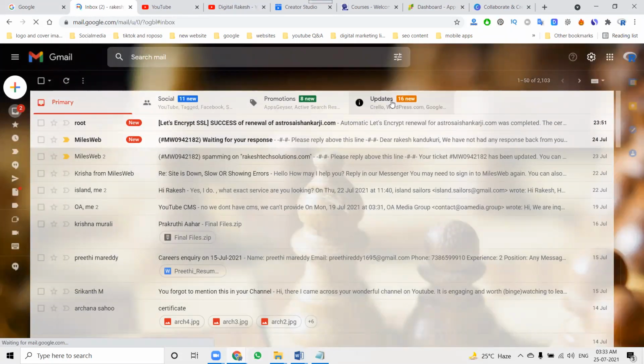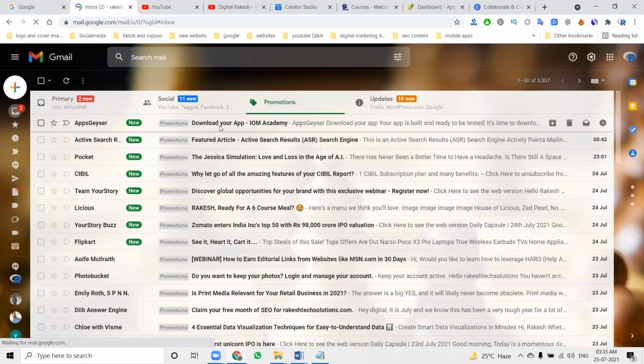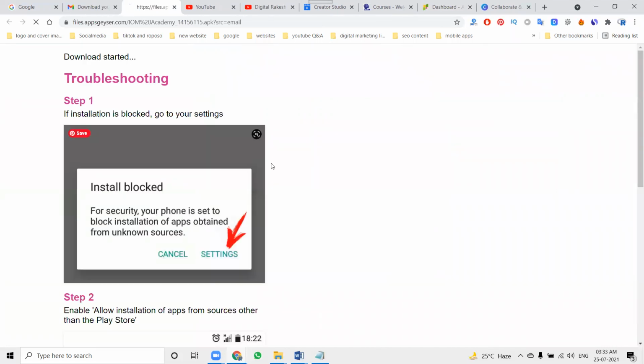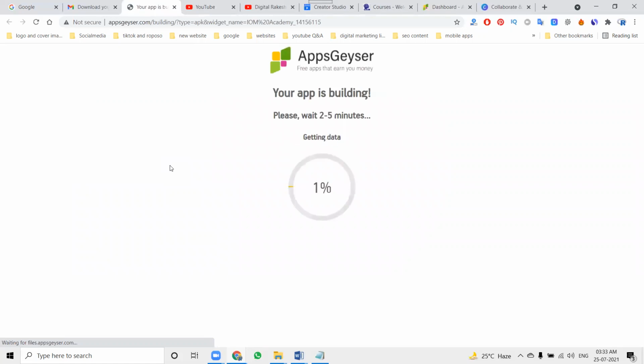Click download app. The download will start on your desktop. The download procedure gives particular steps. Follow the steps and install the APK file.